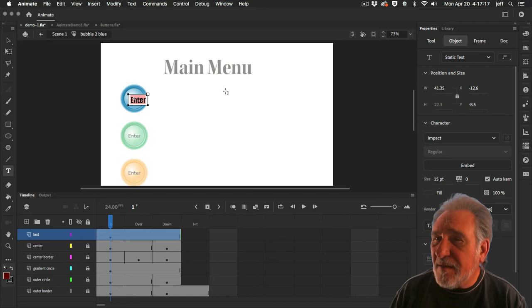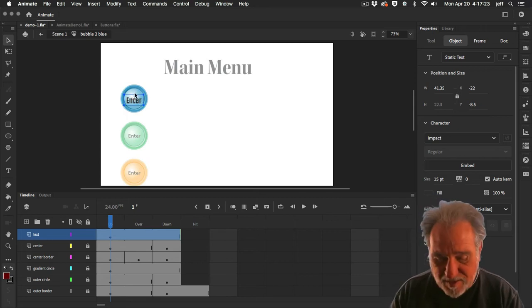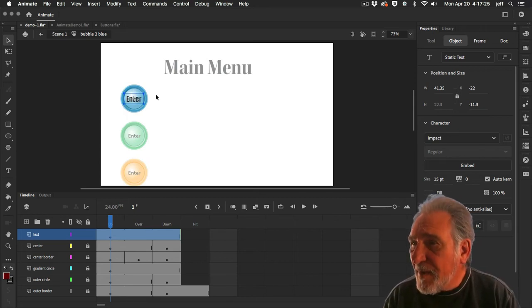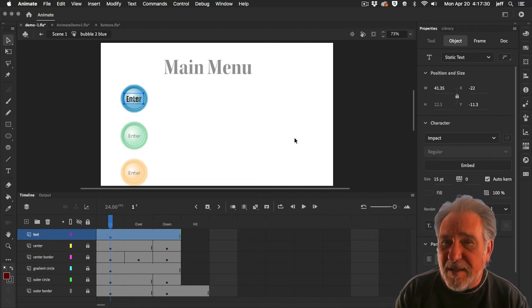Okay, and the other thing, let's go back to the pointer tool for a moment. We can then put it where we want it to go. We can use our arrow keys to put it in the right spot. The one thing we might want to do though is in the